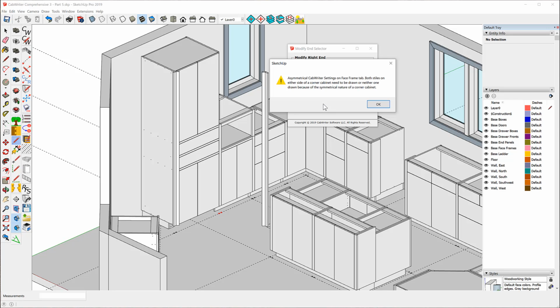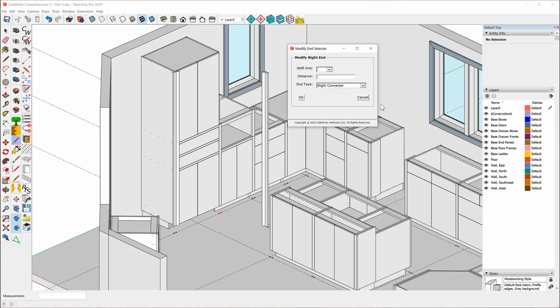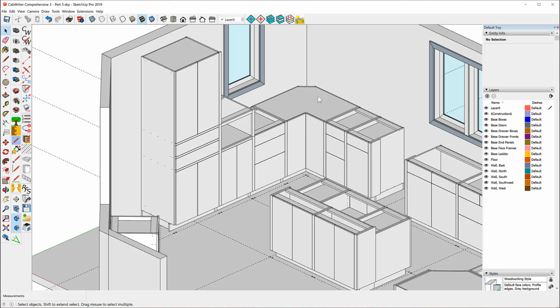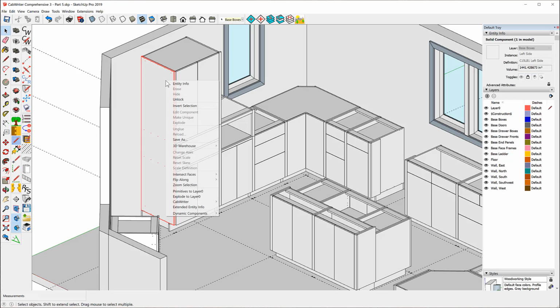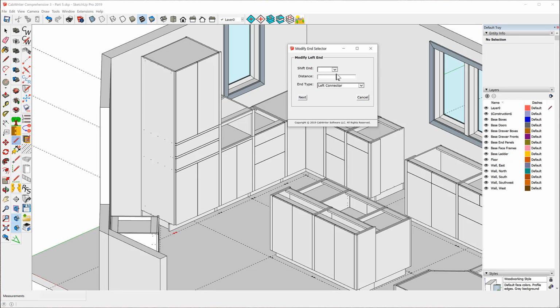Now, this error message leads me to believe there may be more than one problem and I may have to fix this more than once. All right, now we're going to have to do a repair again because the first repair was trying to convert a diagonal corner cab set of styles into normal styles. So now we have to fix it again. Let's just, that's a left. Ah, that's interesting. That was a corner connector. That was the problem. So left connector, right connector,